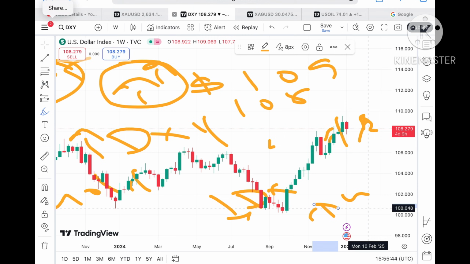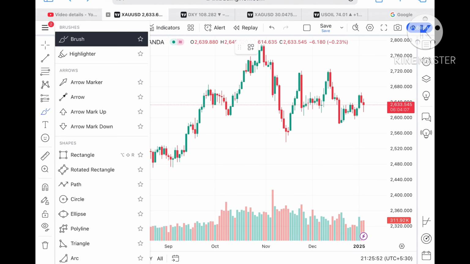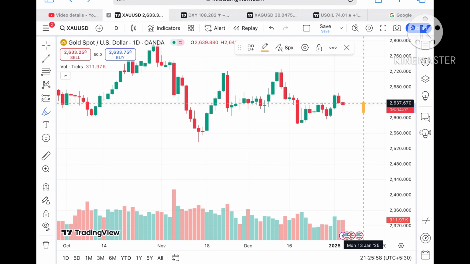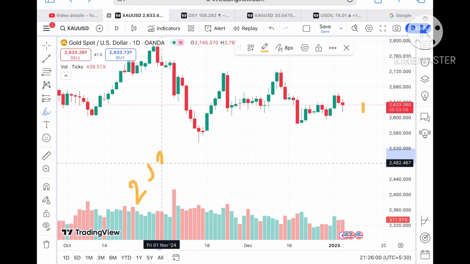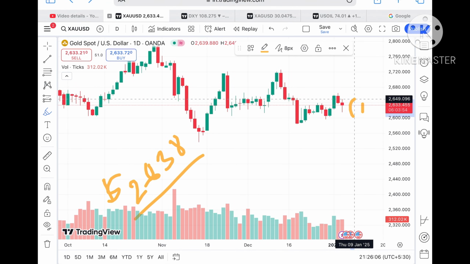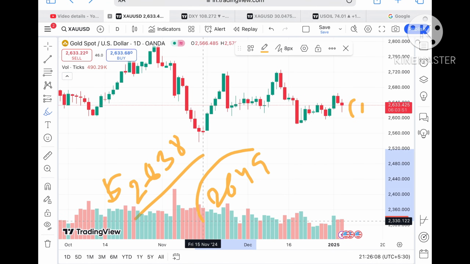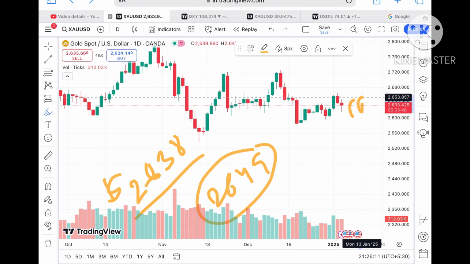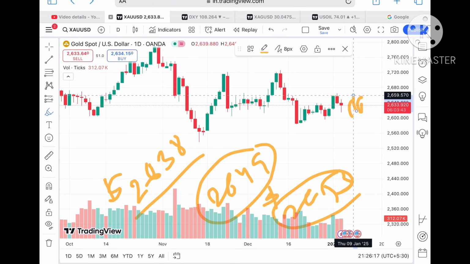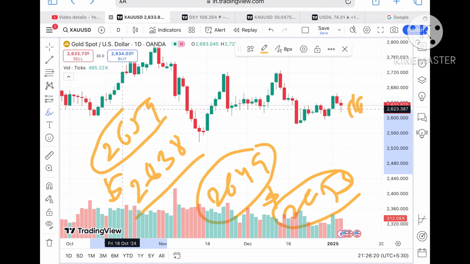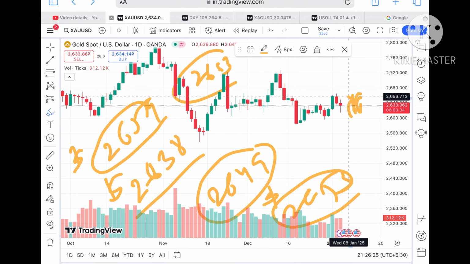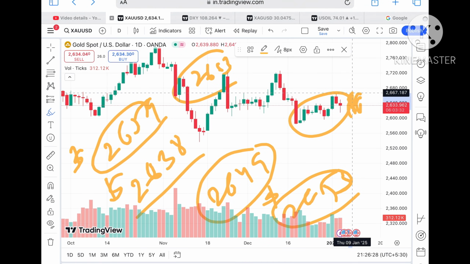Now we come again to gold. Suppose the price sustains this level, the probability is high it can go towards $2638. But if the price moves above this level, we can see it will go towards 2649, and if that level sustains, there will be a further upside movement towards a level of $2653. If the price moves above that level, the chance of touching a level of 2659 will be there, and if that sustains, we will see a further upside movement towards $2663, and then there will be a zone breakout, so further upside we can see towards a level of around